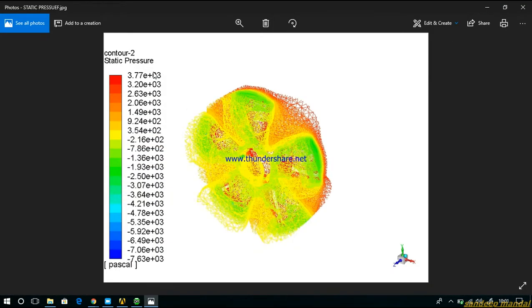This is the static pressure I obtained. See, from here our inlet domain is on the back side and the outlet domain is on the front side. The air is coming in at 33 meters per second, which I calculated in my hand calculation. This is the blade and this is the trailing edge. You can see that the trailing edge has less pressure, approximately 3.54 e raised to +2,